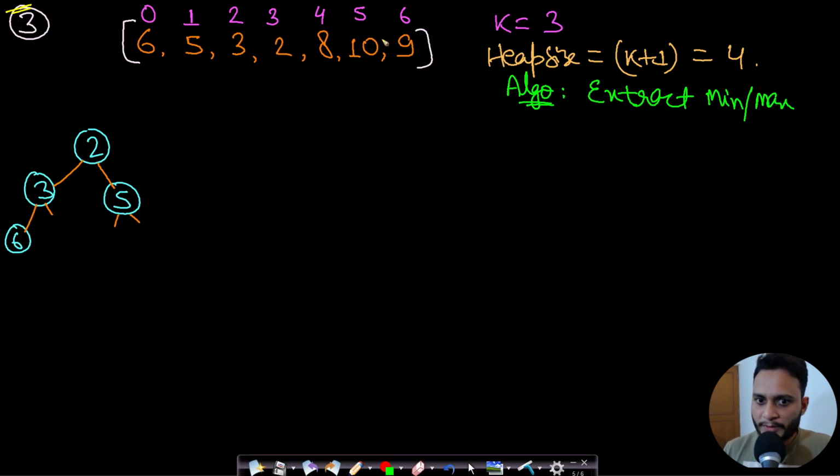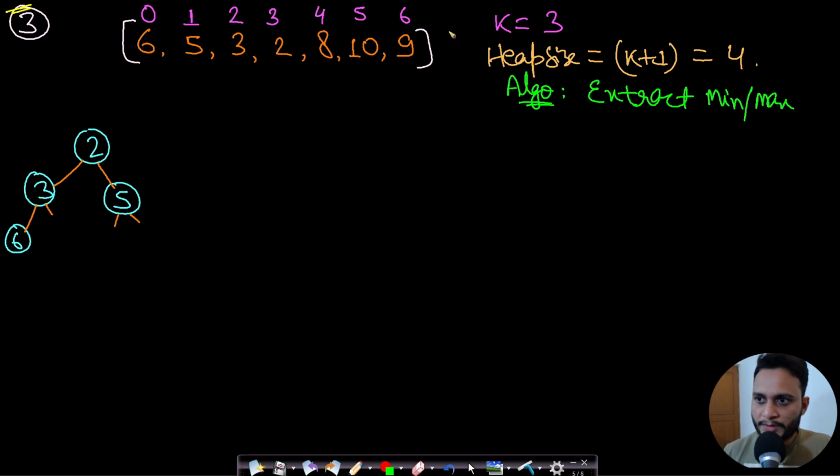Actually, for getting the elements in the sorted order, there is one technique called heap sort, which I have already explained. Link will be in the description below. You can go there and watch how we sort using the heap sort technique. Once you know heap sort, then if you solve some problems, you will come to know that if there are some chunks in the array and you want to get it sorted, then we can apply either insertion sort or we can use heap sort. So heap sort is considered better than the insertion sort. Now let us see how we use the technique of heap sort here.